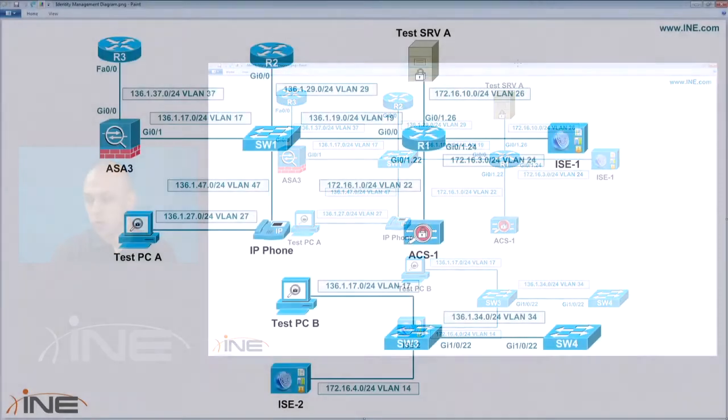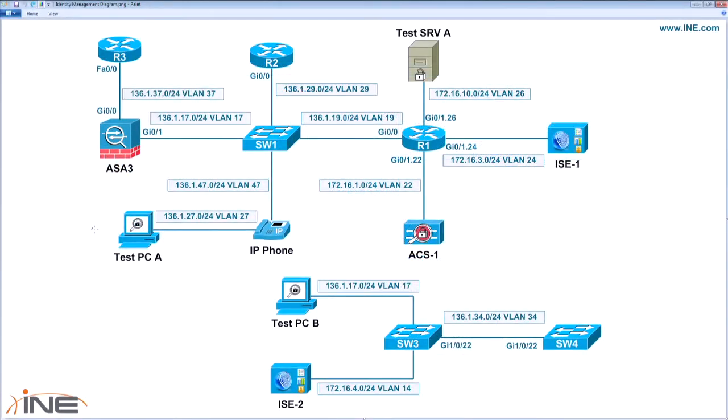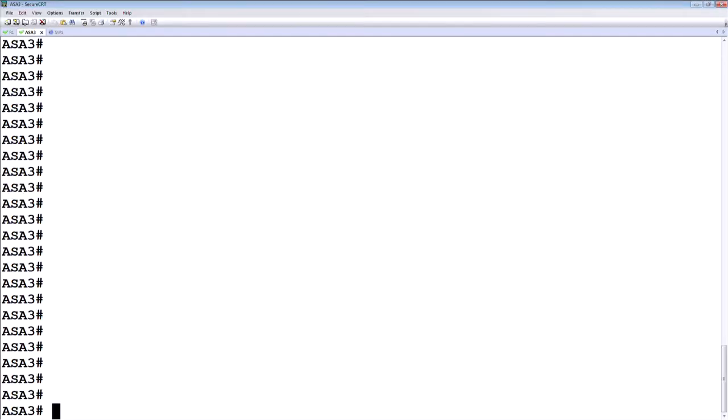So now I'm going to configure the ASA to integrate with ACS 1, which is this one, for TACACS command authentication, authorization and accounting, and also for session authentication. So I'm going to go on the ASA. The first difference as compared to IOS is that I do not need to enable AAA new-model. I can just go ahead and say aaa authentication,